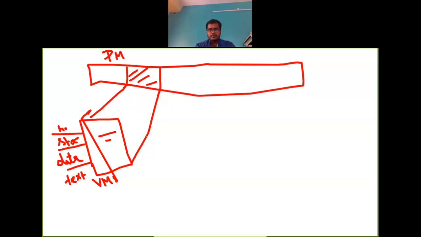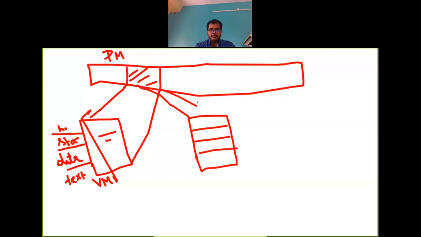Now whenever you are doing a fork, a same copy of the virtual memory space is created, having all this heap, stack, data, text the same.